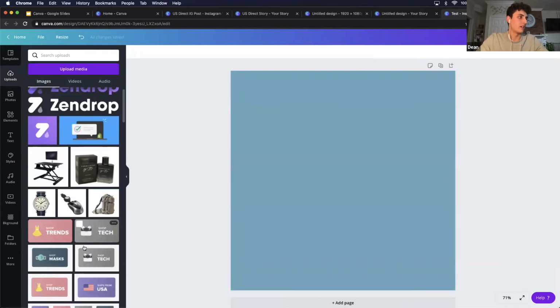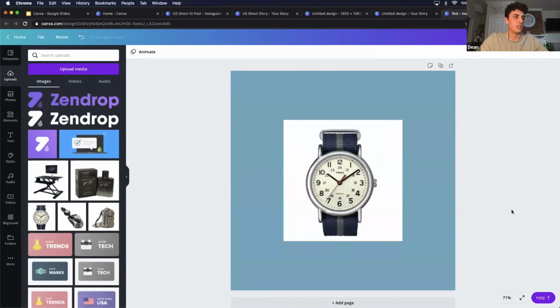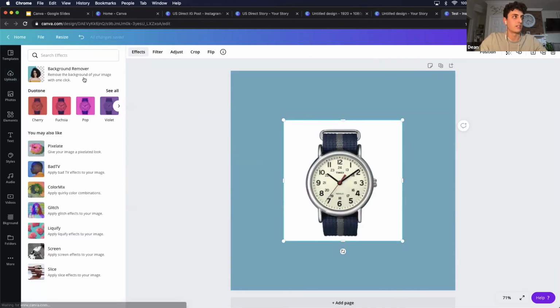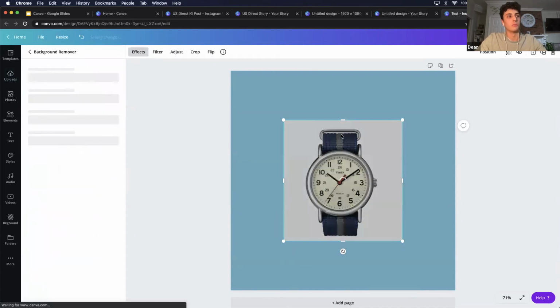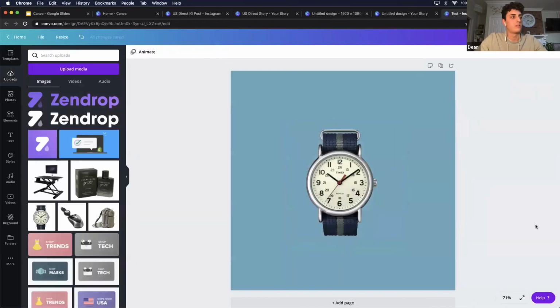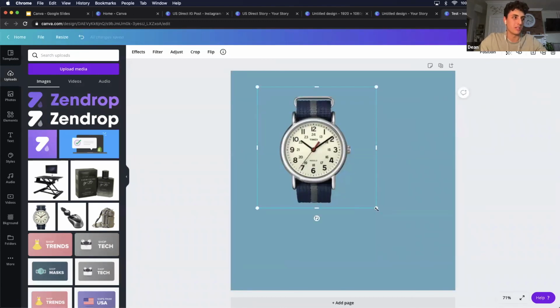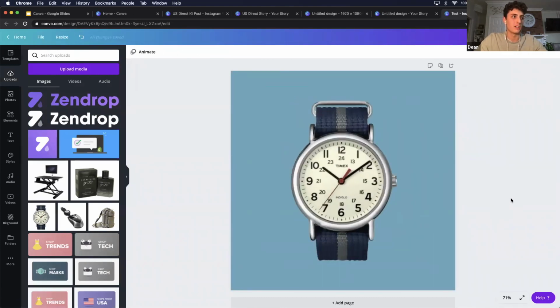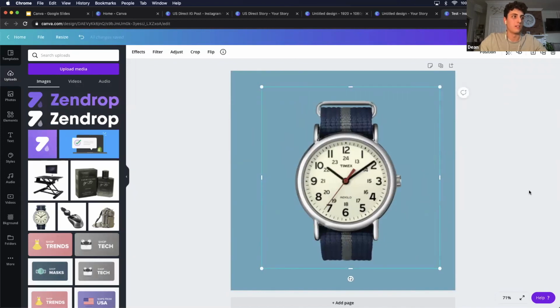If I were to take an image that's not transparent, what I could do is simply click on effects, and then click background remover and give it a second. And for somebody that doesn't know how to use Photoshop or never took the time, this was worth it for me. This was the selling point for me. I could resize it and make it whatever size I want.